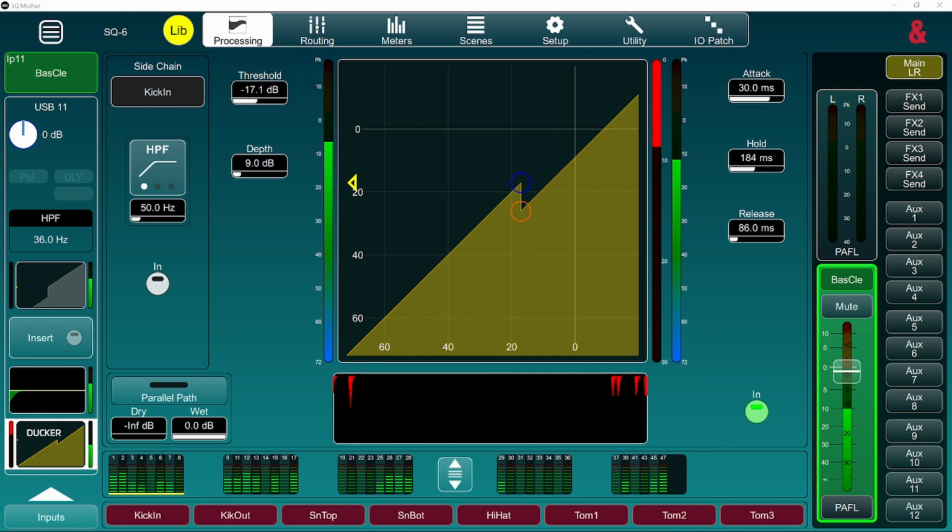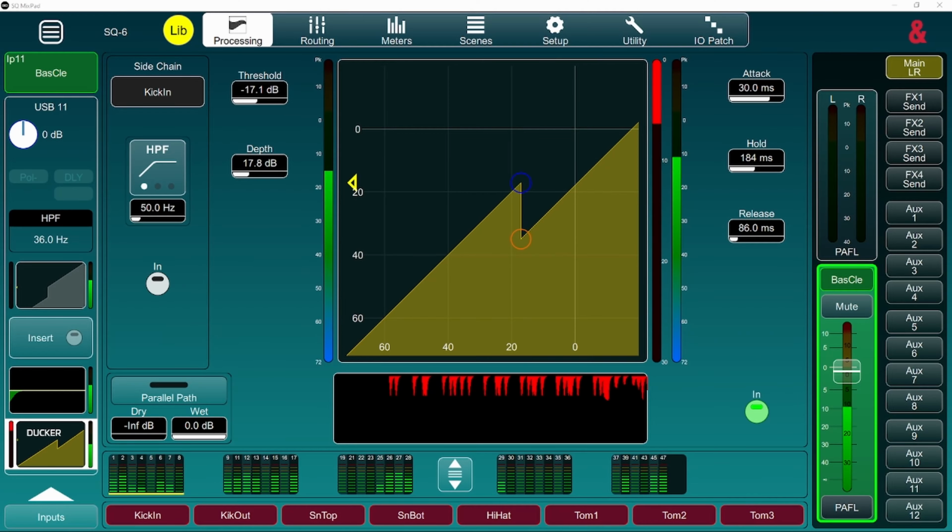So we bring this in. So now every time the kick is hit, the bass is actually being turned down, in this case 9 dB,